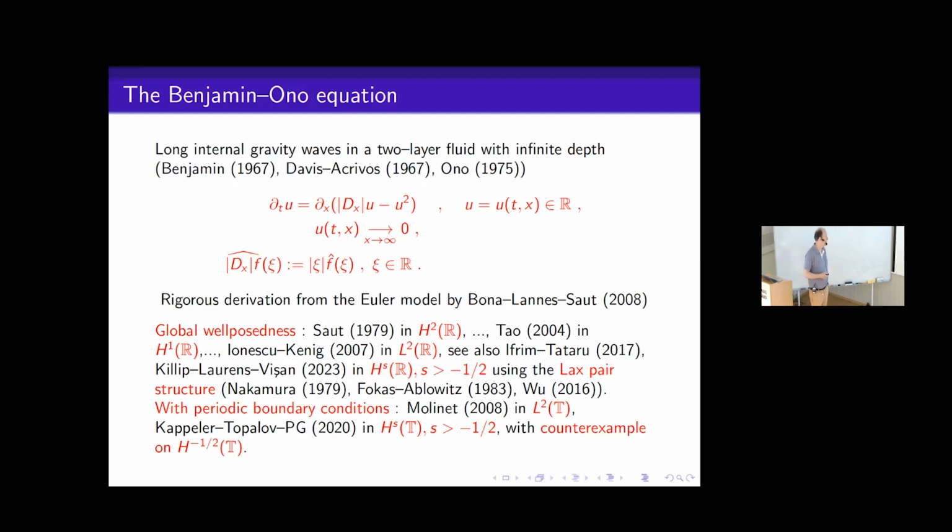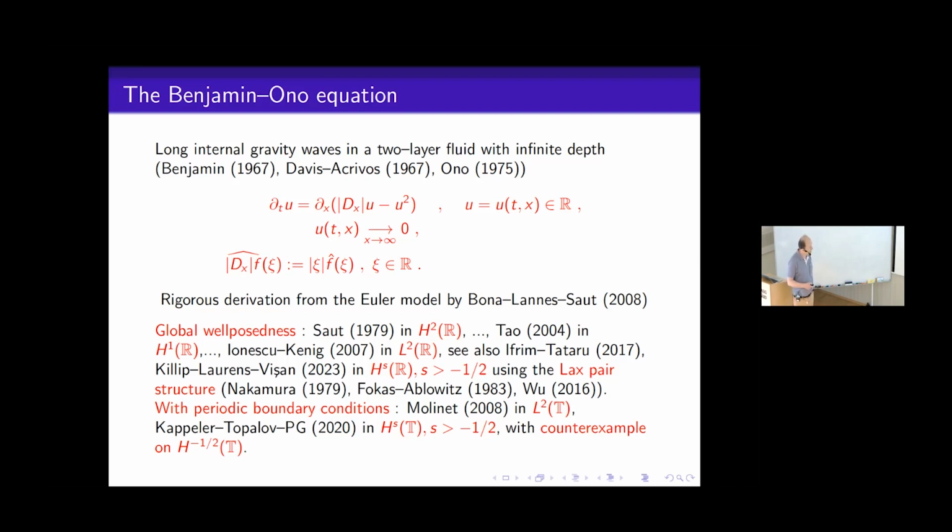So probably the first result on well-posedness was by Jean-Claude Saut for global well-posedness in H2 of R. Then Tao broke some wall in 2004 by introducing some nice normal form for solving this equation in H1. Then Ionescu and Kenig went further. In L2, there is also a nice proof by Mihaela Ifrim and Daniel Tataru. And recently, Rowan Killip, Thierry Laurens, and Monica Vişan